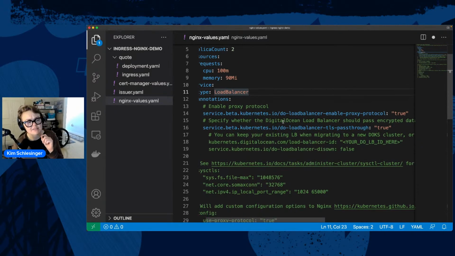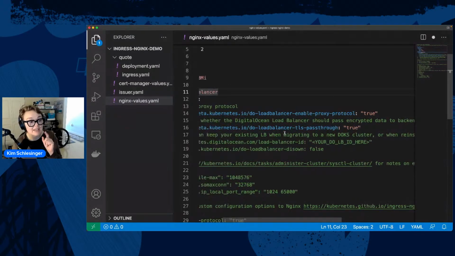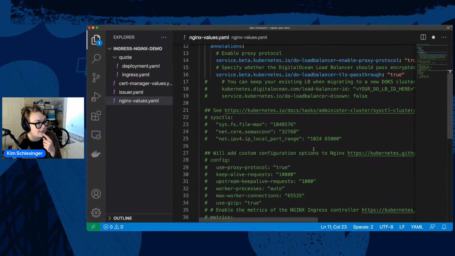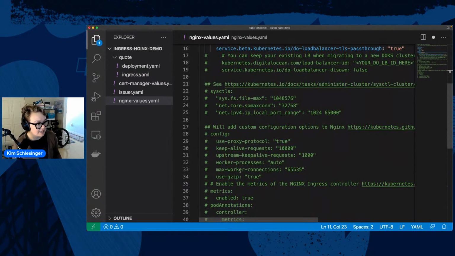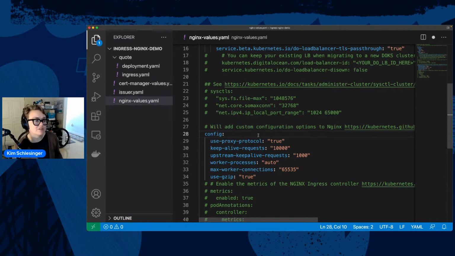And then this says specify whether the DigitalOcean load balancer should pass encrypted data to backend droplets. So I'm going to say, yes, I want that encrypted data to come through. And then the last thing is I want to set these configuration options. So use proxy protocol is the only thing that I care about right now, but I'm going to uncomment these as well, just adding to the NGINX config.